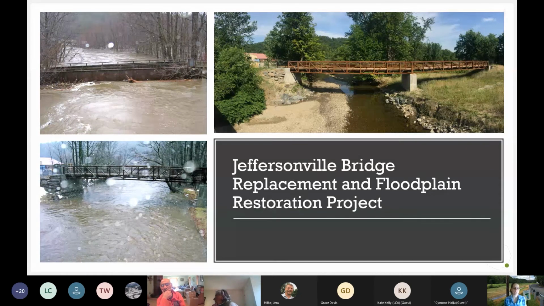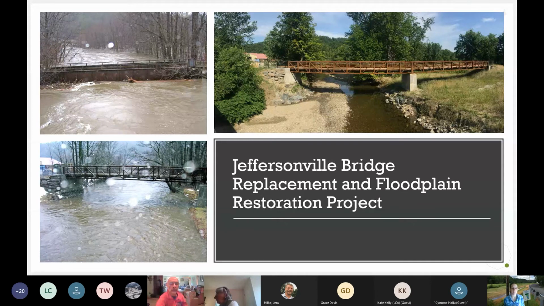So you can see on the upper left-hand slide, there's this really tiny bridge over this big river. So this is where the Brewster River flows into the Lamoille River. And the Lamoille River is the much larger river, like Winooski size, Otter Creek size river. And so when you have flooding events, that water rushes down from the mountain. So that's where Smuggler's Notch and Mount Mansfield area. So all that water is rushing down, and you get these really high flows. And sometimes when the Lamoille is really high, it can even back up into the Brewster River. So having this little constriction in the river can cause real big major flooding issues.